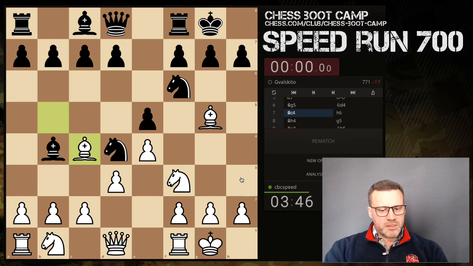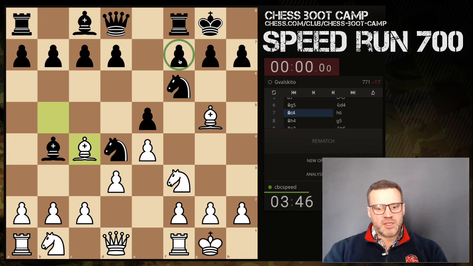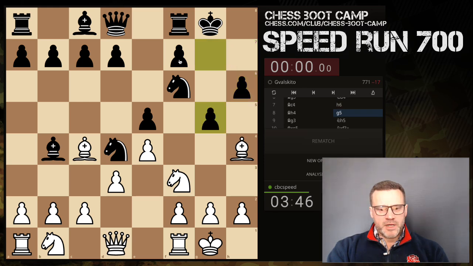And I decide to protect my bishop and line it up with my opponent's king. This is important because it means that this pawn on f7 is pinned for much of the game. Now he starts moving pawns in front of his king. He's blinked, right? He's lost his nerve. So we come back and